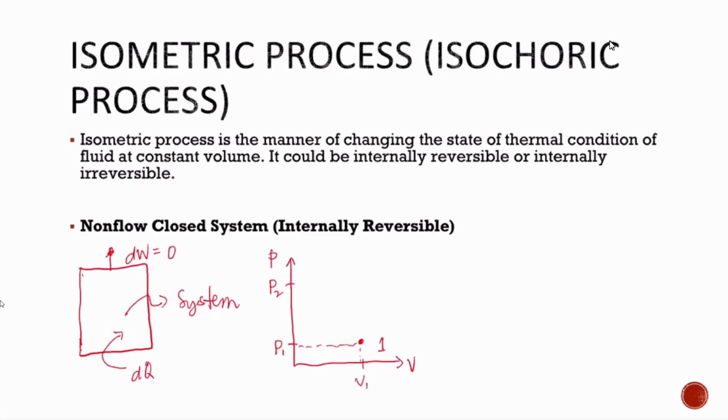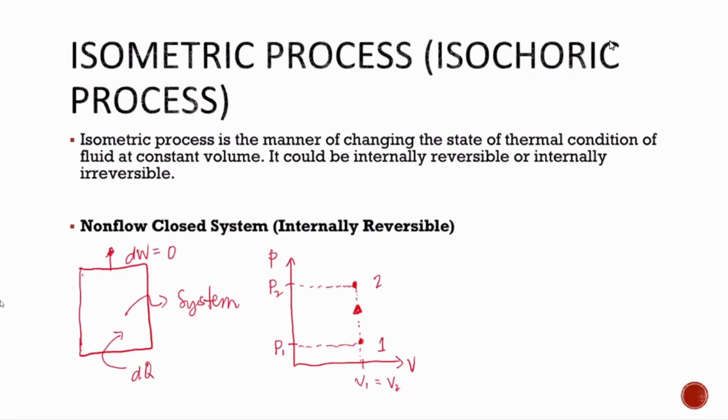But then at a certain period, it changed, and it achieves at this point the second state, or from process 1 to 2. Our volume is constant, which means that the volume at state 1 is equal to the volume at state 2. So this is what it looks like in the PV diagram. Let's add an arrow, which means that our process is from state 1 to state 2. This is the figure of our isometric process in a PV diagram.